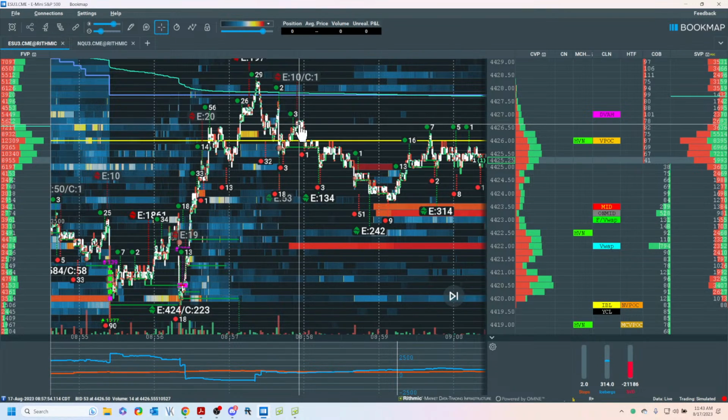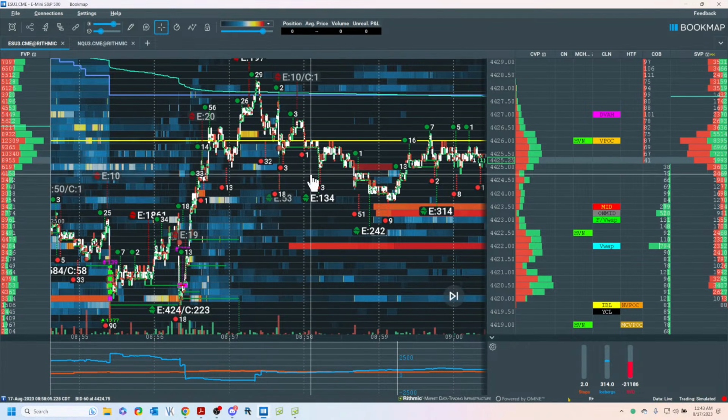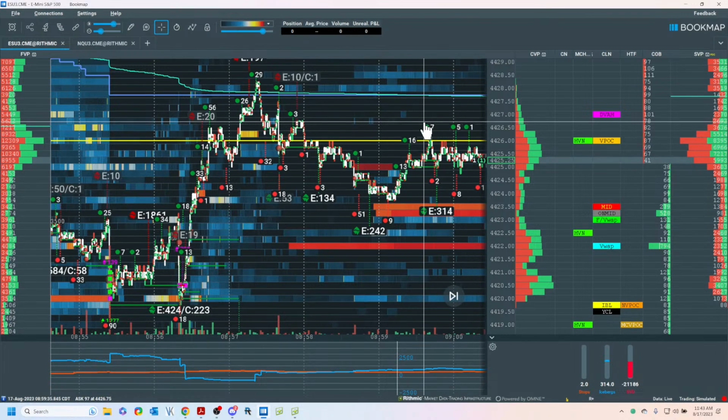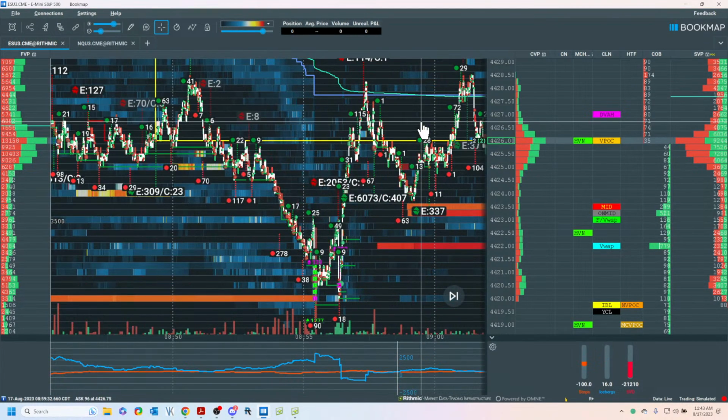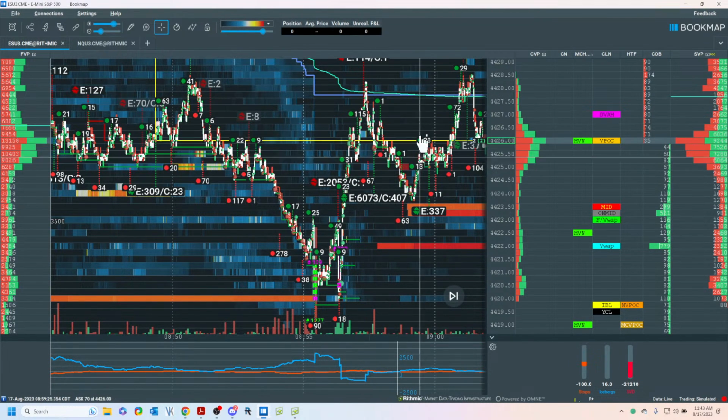Too high. Sellers. This is now too high, sellers right here. Watch. We're just going to watch it and see what it does. Just watch. If you would have taken this, I would not have gotten scaled. I didn't have the range. I didn't take it. Now we come up.